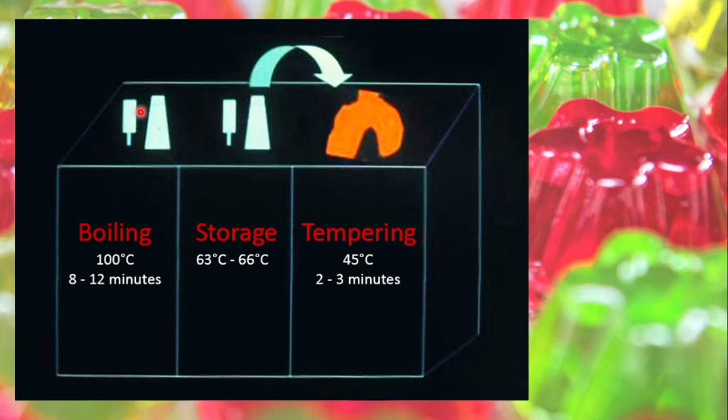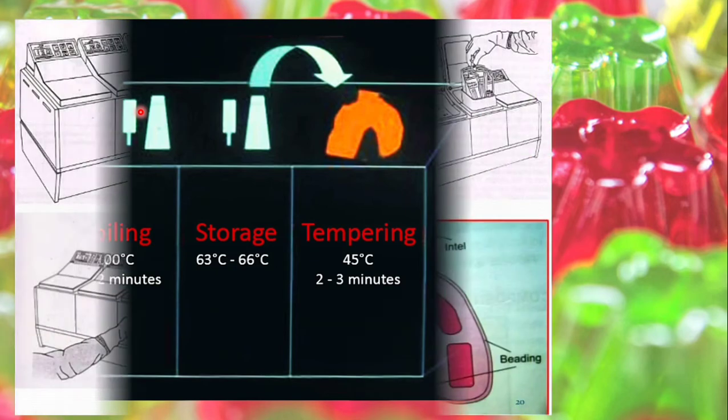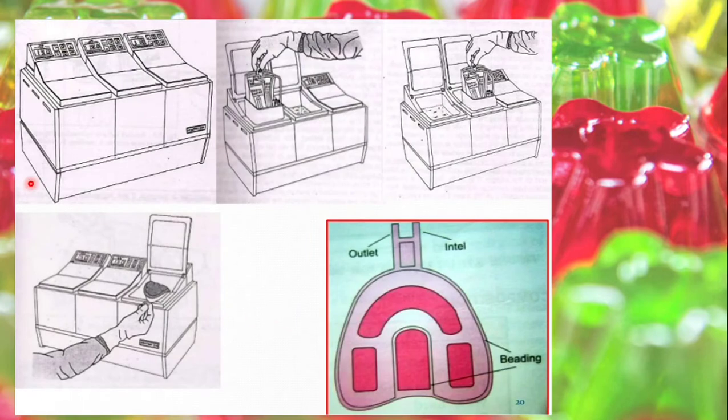Then you have to keep it in tempering. Tempering is done from about 45 to 55 degrees Celsius. See, 55 degrees Celsius is the temperature that one person can tolerate. Above that, it's definitely going to burn the mouth. So you have to reduce the temperature and then load it on the tray. Then you will keep it in the mouth and take the impression. As I told you, it's first kept in liquefaction, then in storage, then you temper it and load it on the tray.